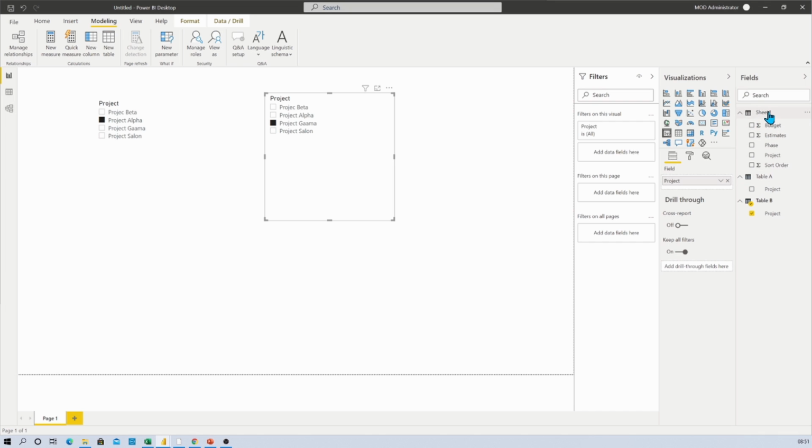First of all, let's click on Sheet1 and click on New Measure.